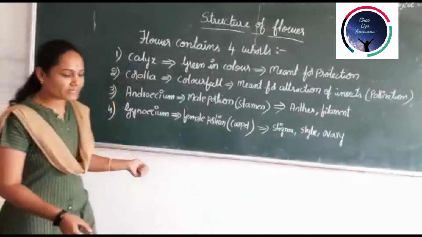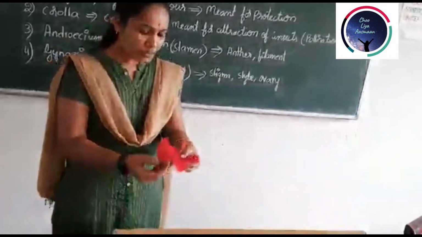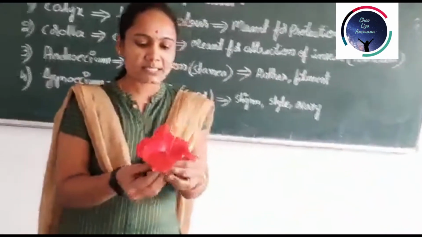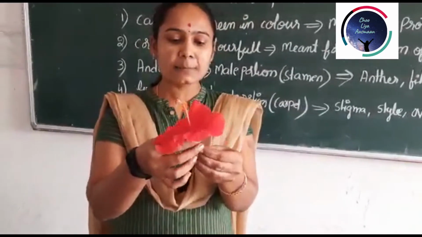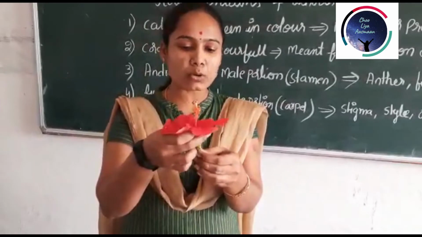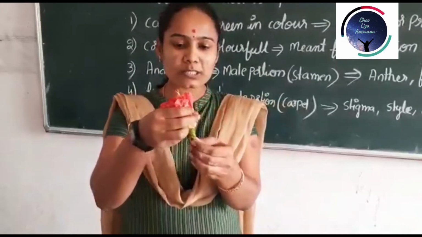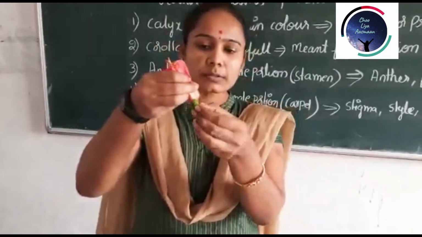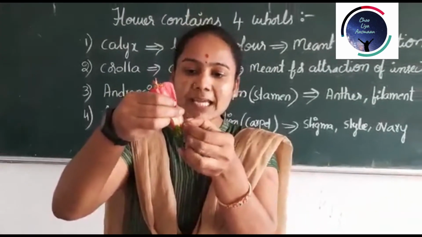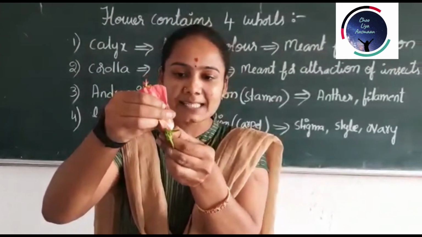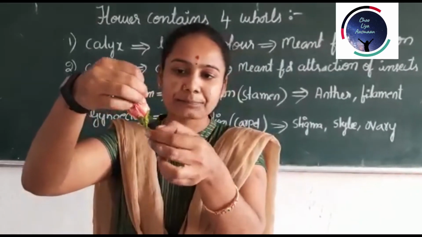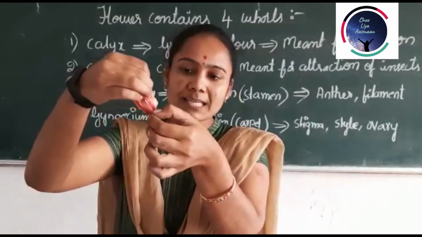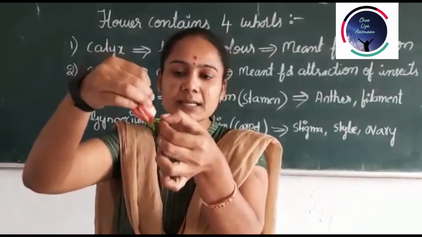I will show you the practical way of how to dissect a flower. This is the flower which is Hibiscus rosa sinensis. In this flower, I am going to show the structure, all the whorls of a flower. So the portion which is lying outer, these are the calyx. These are called sepals. You can see 5 sepals here. So these are the sepals of this hibiscus flower.